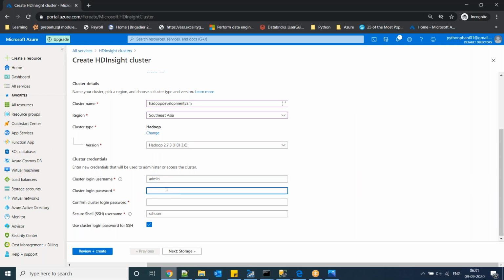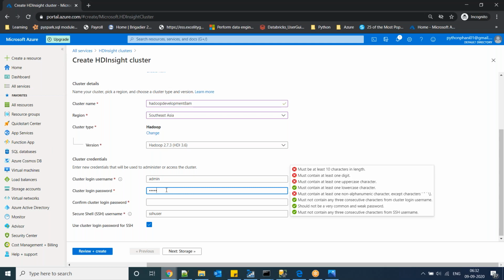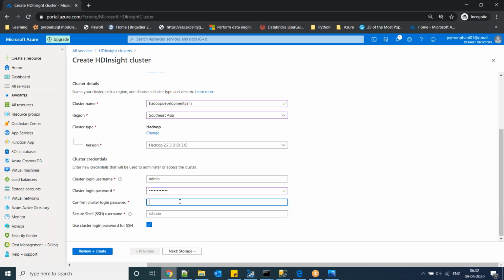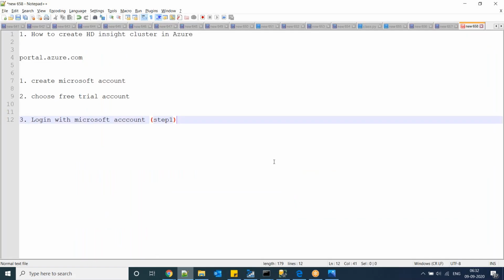Guys, remember this password, whatever password you are going to set. Now the same password here also.